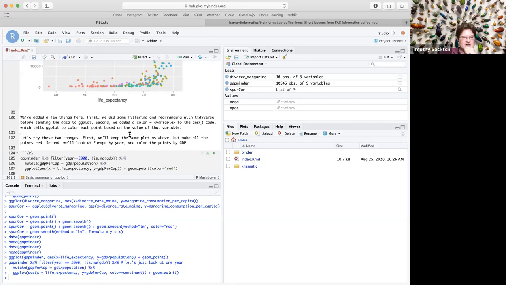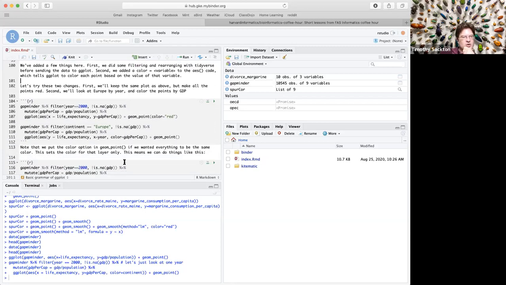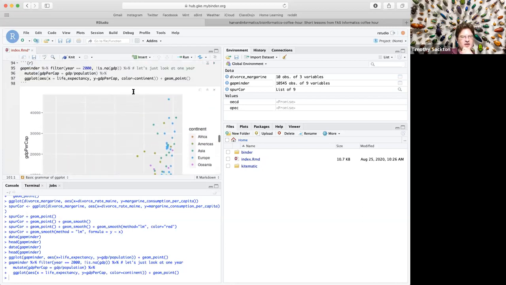Okay, so let's look at a few more customization options here. A couple of things. One is, okay, so here we put the color statement in the aesthetic. And what this does is it by default groups, if color is a discrete categorical variable,